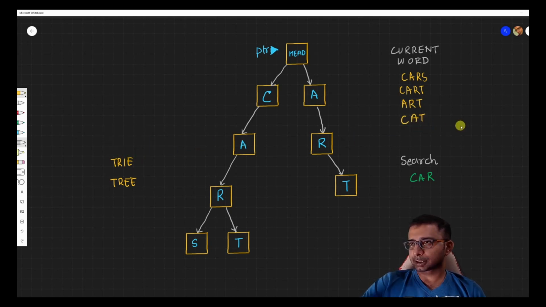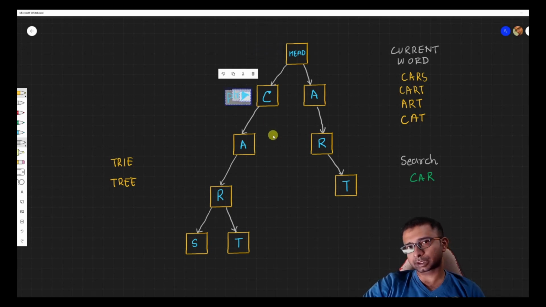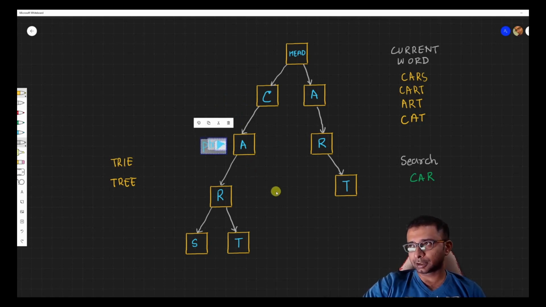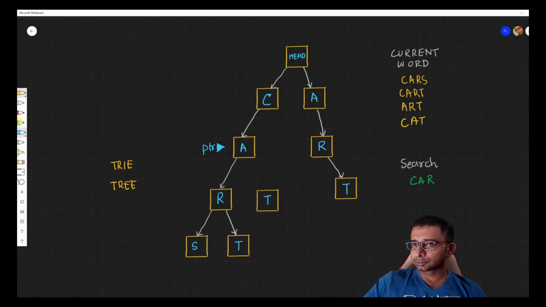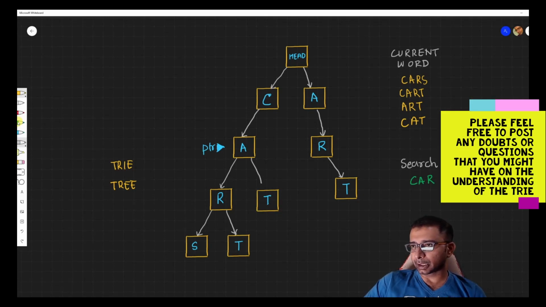Why I took this example is that for cat, we have another portion of the tree which is ready. The first character C is there as a child of head. Then we look for A as a child of C, and we get it. Then we look for a T as a child of A, but there is no such child. So we are going to create that node and place a T over here, and we are going to put the mapping back again. So you can see how easily we have mapped cat, but we are not duplicating if there is a match, right? And now we look for the next word, which is try.